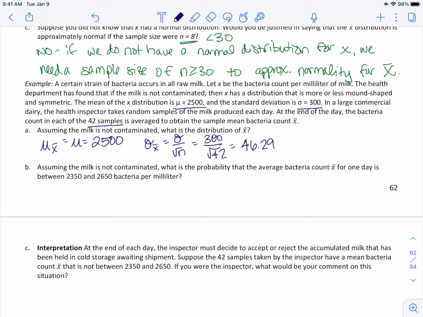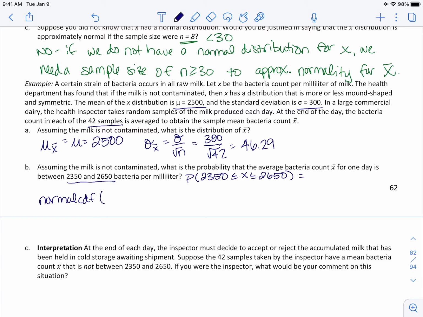Assuming the milk is not contaminated, what is the probability that the average bacteria count X bar for one day is between 2,350 and 2,650 bacteria per milliliter? Please find this. So we're looking for our probability that our X bar is between 2,350 and 2,650. So we can do this as normal